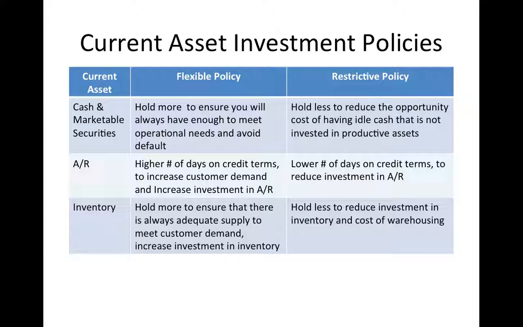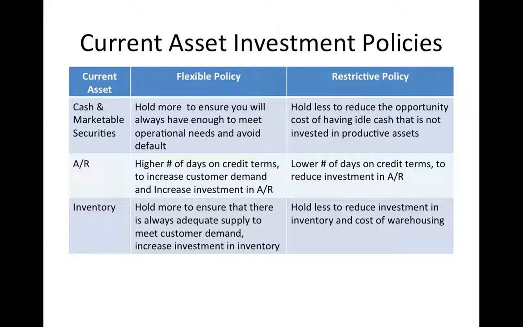They would rather have that cash back so that they can use it to invest in things that'll give them a rate of return. And so some companies prefer not to hold a lot of cash. You could lower the number of days on your credit terms, which of course will then reduce the amount of investment in accounts receivable, as we talked about before, or you could choose to hold less inventory, and we talked about before that could cause you to miss some sales,